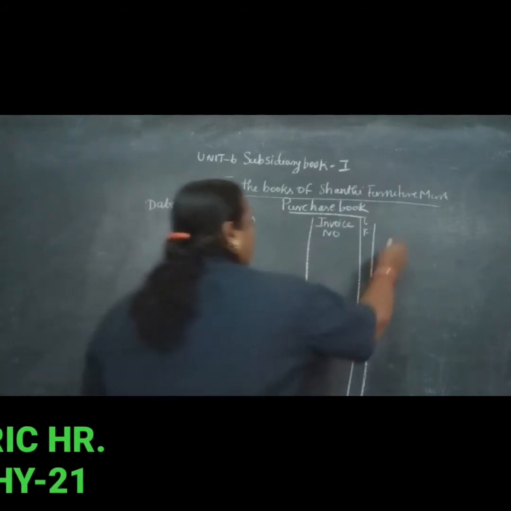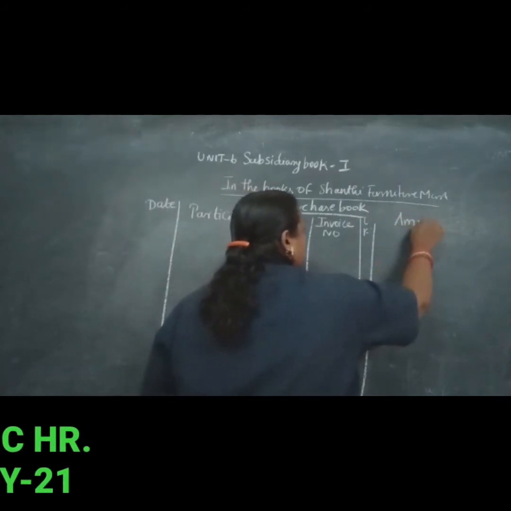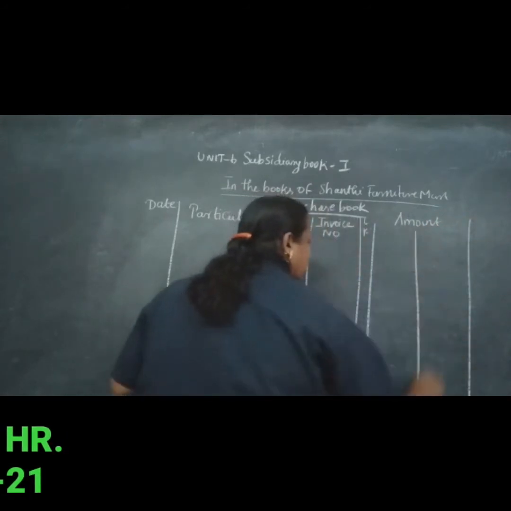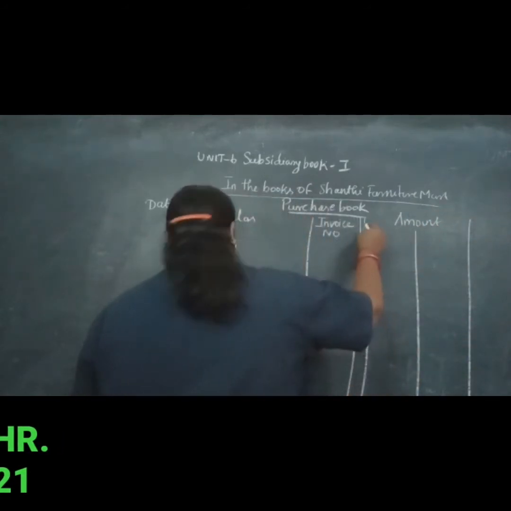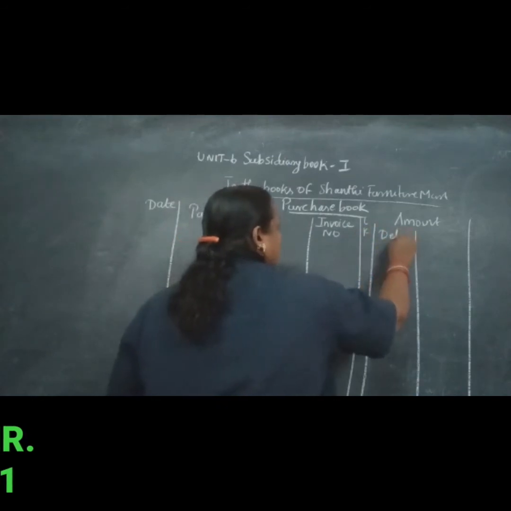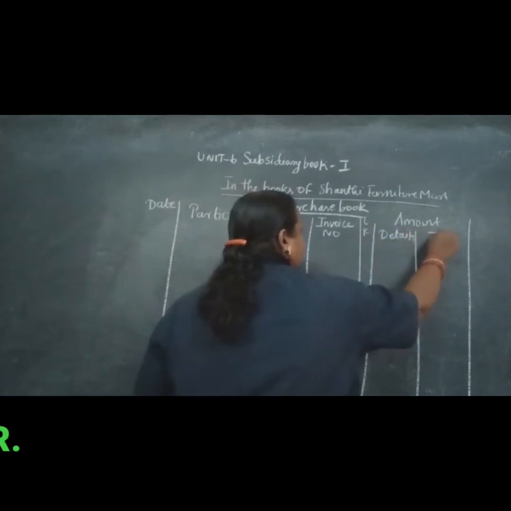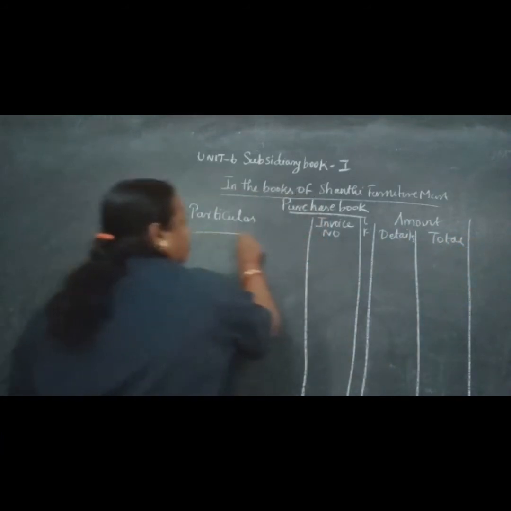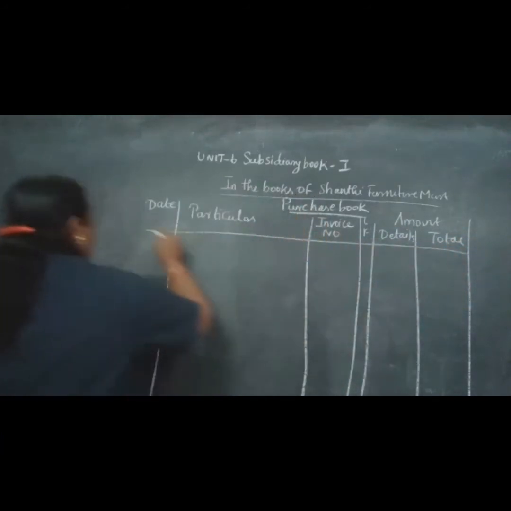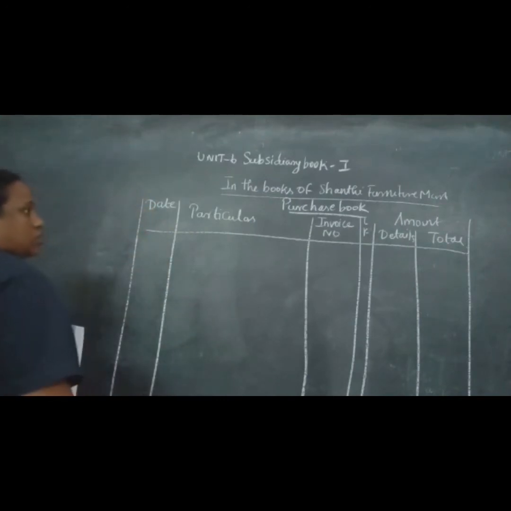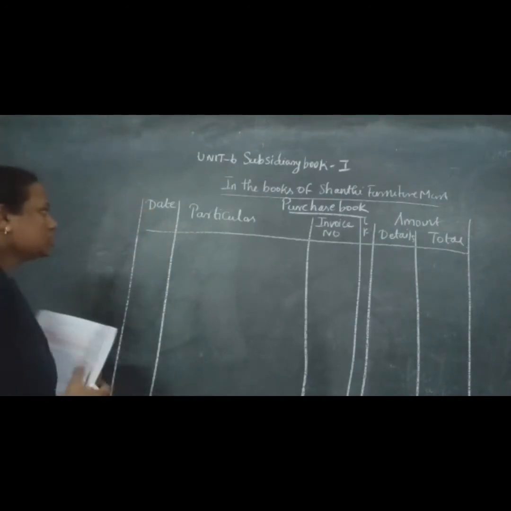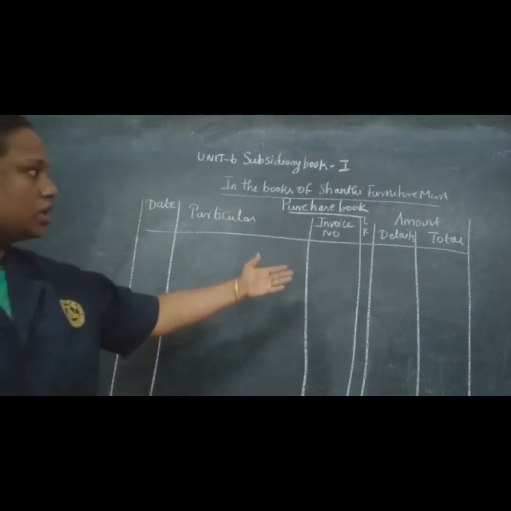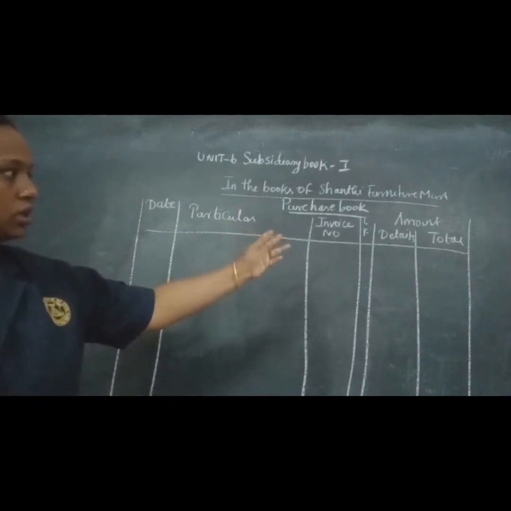Next, amount column, with details. Next column is total. So this is the format of the purchase book. First column date, second column particulars, third column invoice number, and the next column amount, details, and the